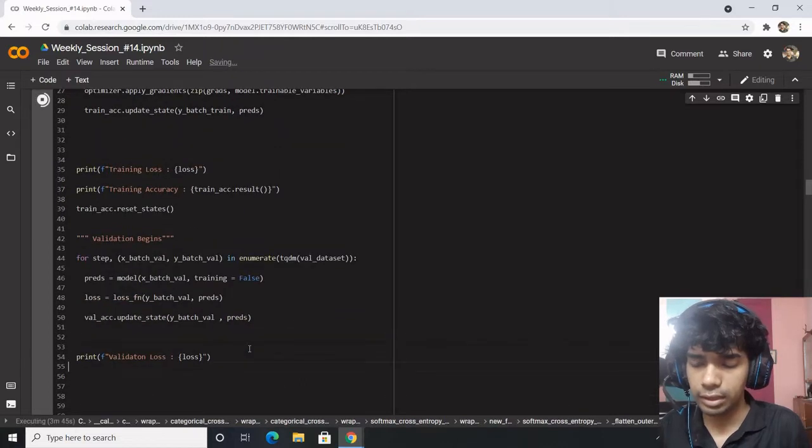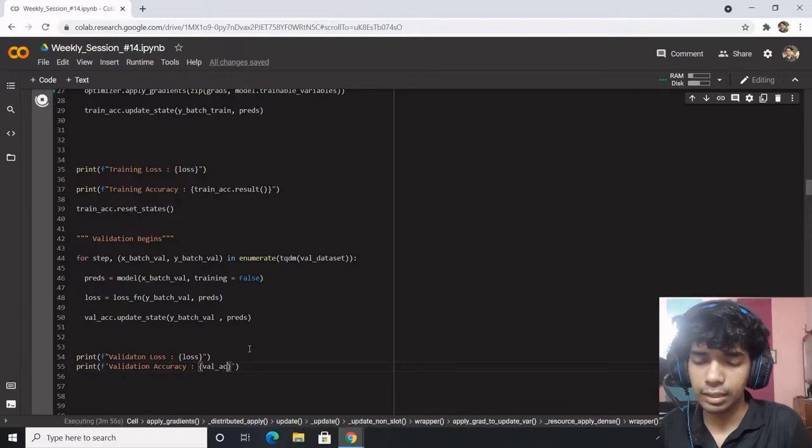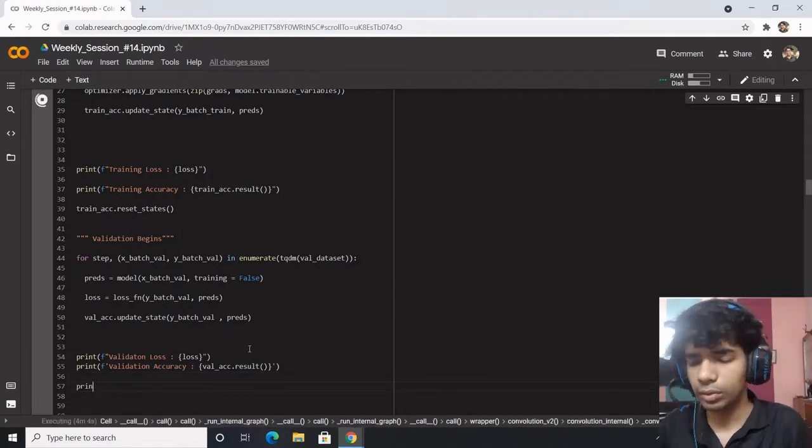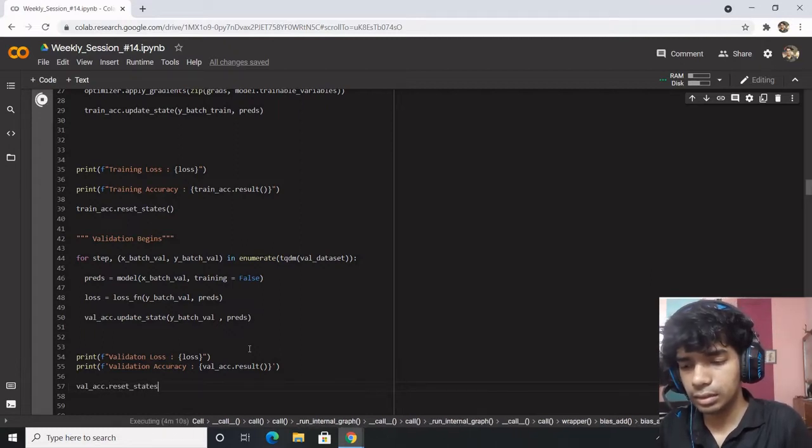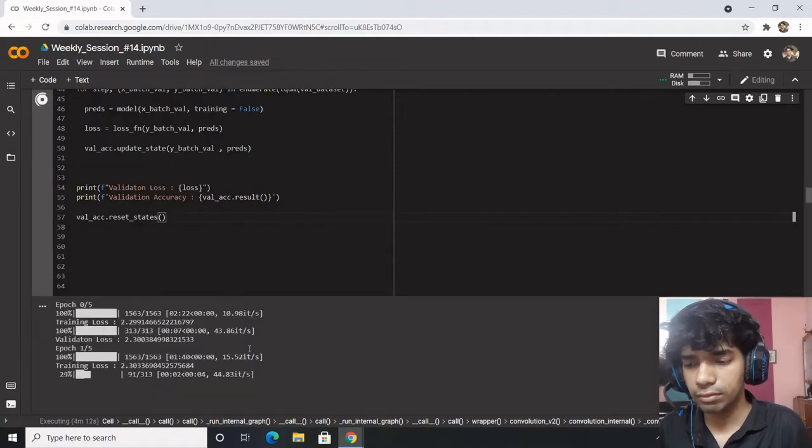After the end of the epoch, you can print the validation accuracy as val_accuracy.result. After you're done, you can print the, oh no, you need not print, you need to reset the states. Good enough.